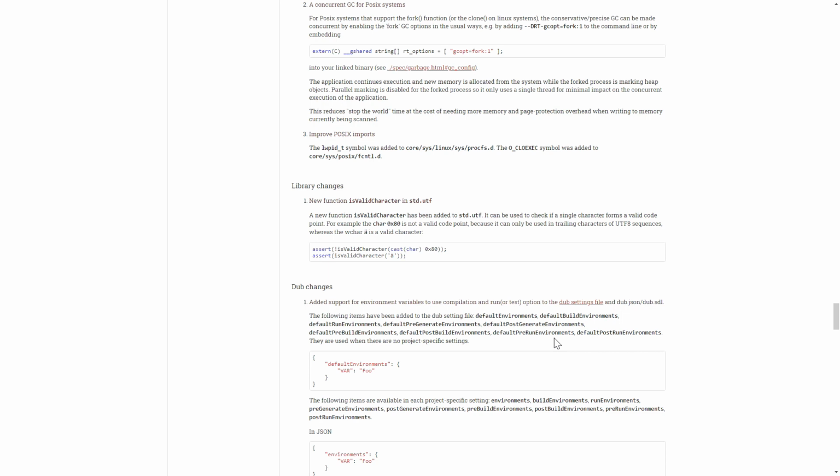Now, another big thing in this release is a concurrent garbage collector for POSIX systems. This is not available on Windows. It's available on Linux and the BSDs and Mac. This garbage collector started life as a D1 project by Leandro Lucarella. And then in the Symmetry Autumn of Code 2018, our inaugural event, Francesco Mecca decided as his proposed project, he would port this garbage collector to D2.